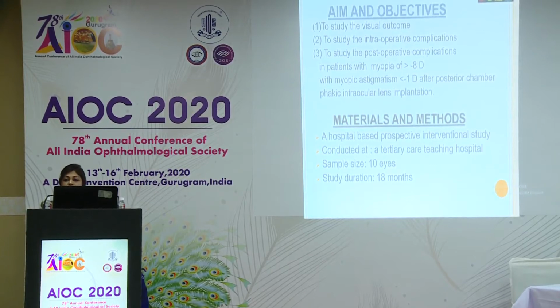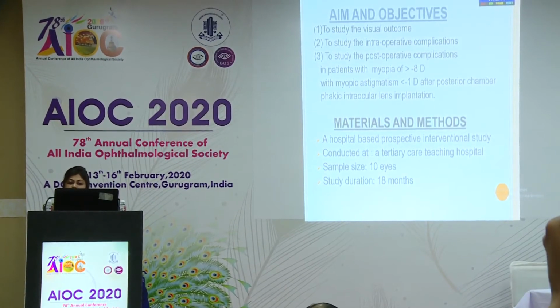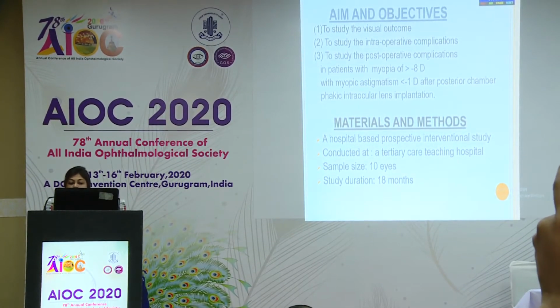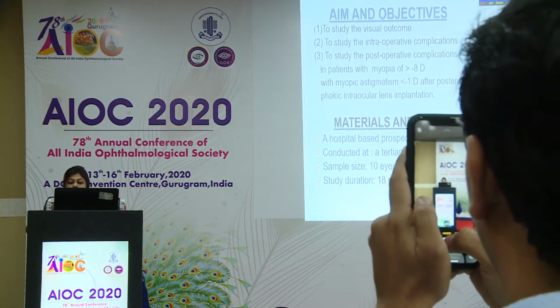So the aim and objectives of my study were to study the visual outcome, the intraoperative and the postoperative complications in patients with myopia of more than 8 diopters and myopic astigmatism less than 1 diopter after posterior chamber phakic IPCL implantation. So we conducted a hospital-based prospective interventional study at a tertiary care teaching hospital over 10 eyes